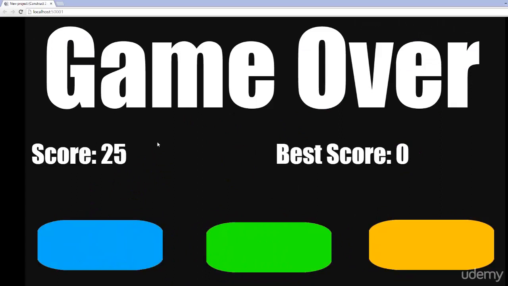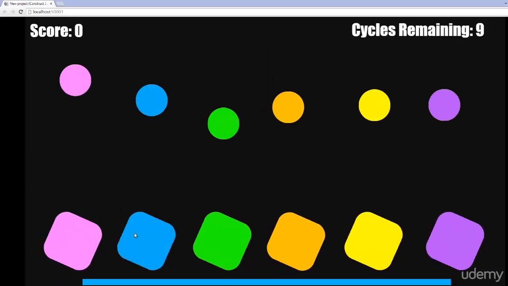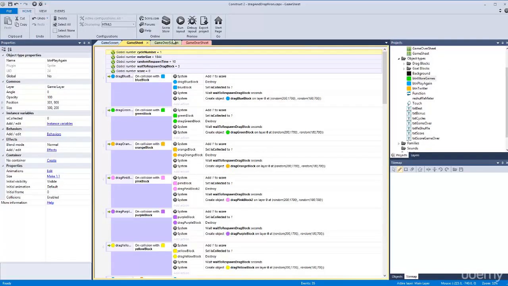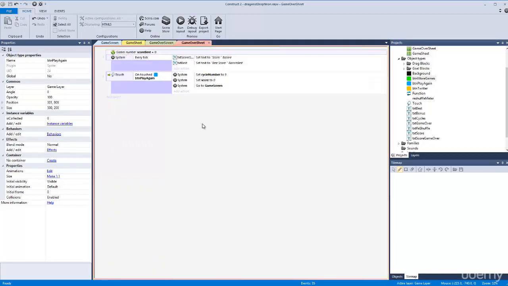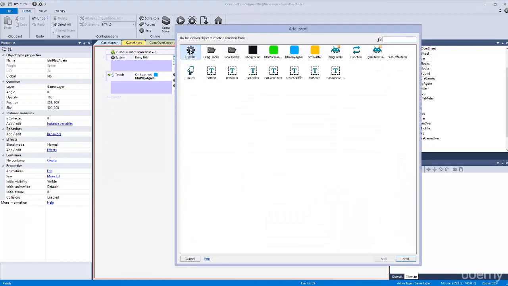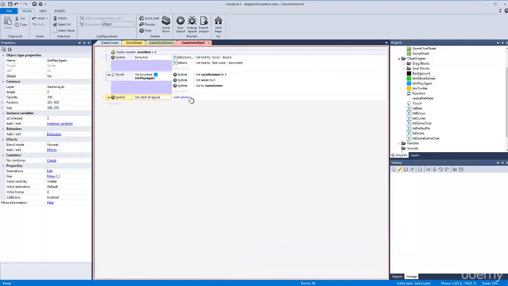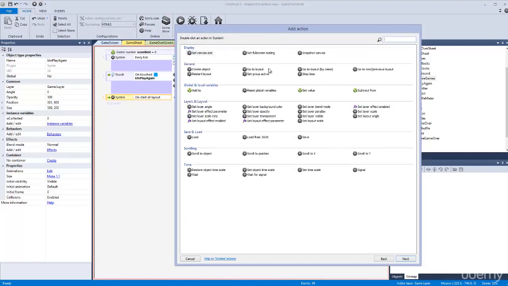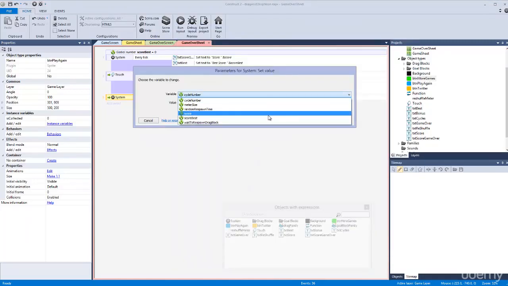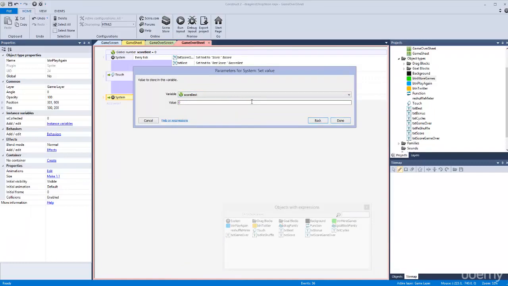Okay, so game over, score, and then we need to have the best score functionality here. You can see that everything gets put up the way it is. So let's add in that best score functionality. I'm going to go to System, and we're going to go on Start of Layout, and we're going to say System set value of best score, or score best, to simply